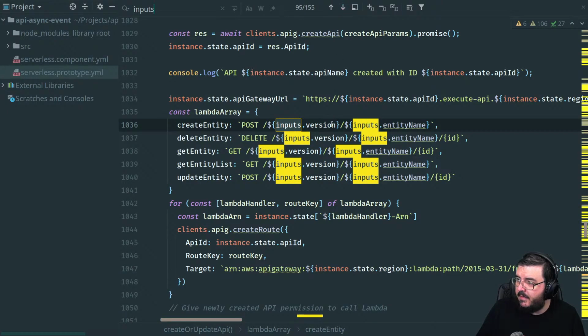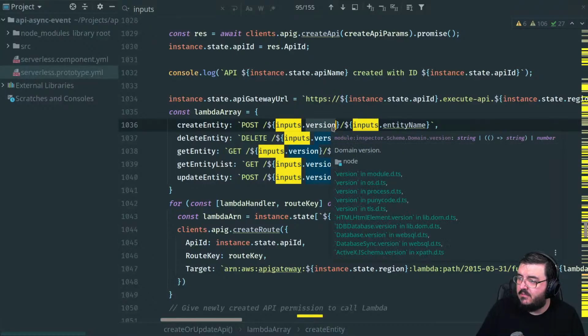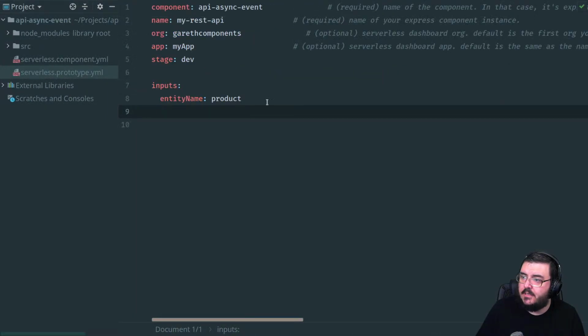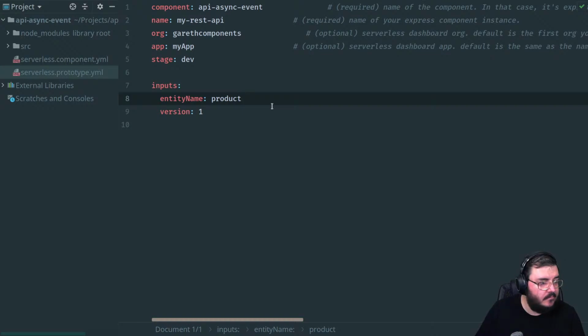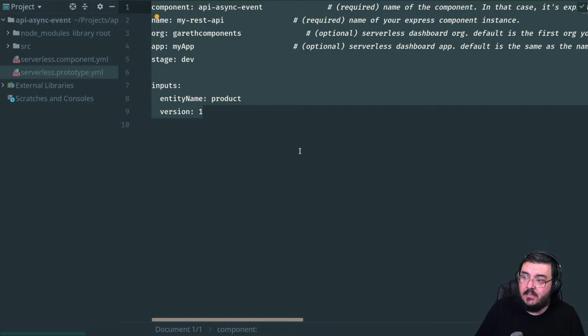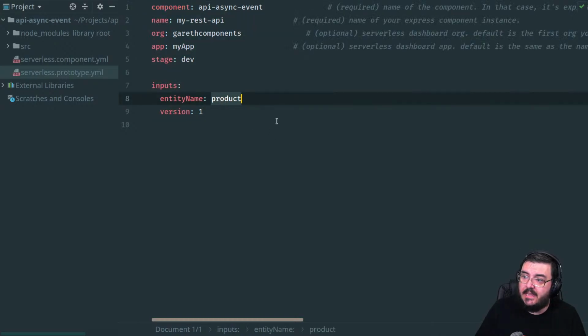Entity name and version. That's the other one, yes. So I can actually set that as a default as well, to be perfectly honest. But let's just add that into the prototype YAML here. So version 1 or whatever. And that's my goal, to be just that. Because I can use that to create the DynamoDB table name. I can use this for the root key. You don't have to have a VPC, so that's not required. Everything else doesn't need to be required.